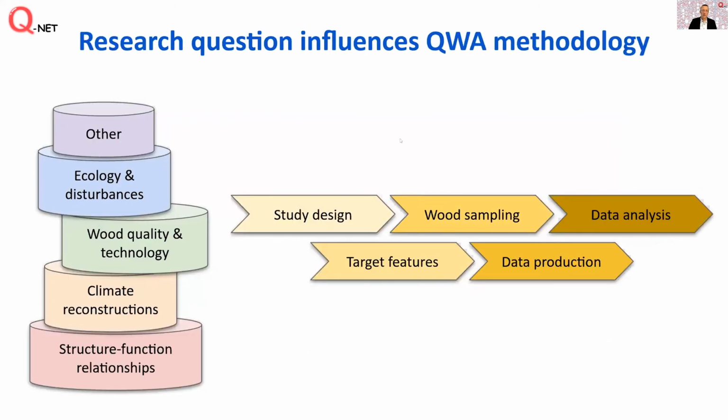So the research question basically influences also the methodology that we have to use. Here again, you see all the 5 options that you had before. And depending on which interest you have, you will design your study in a different way. You will choose different anatomical features that you investigate or include in your study. Maybe also the sampling method will vary a bit. Then also lab work. So this is like you prepare the wood samples, maybe thin sections, maybe not. Also maybe the way you analyze, which software you use, etc. And finally, of course, also the data analysis.